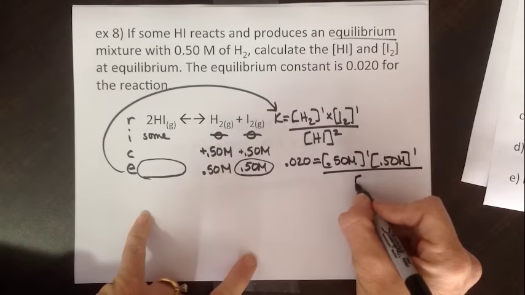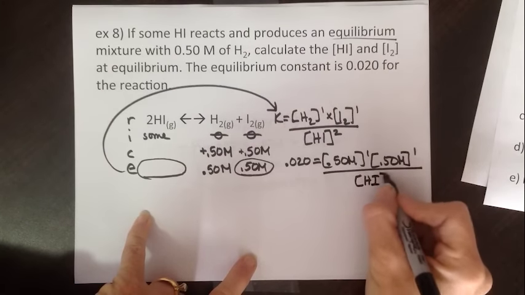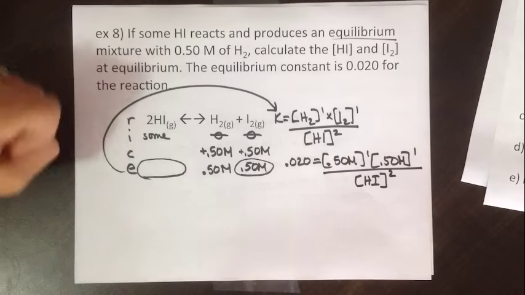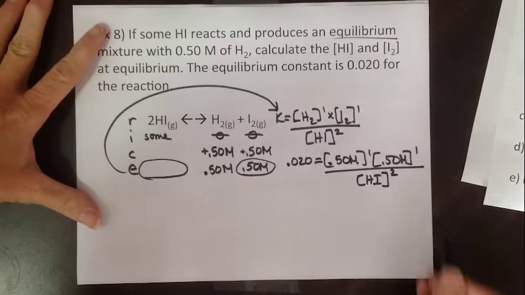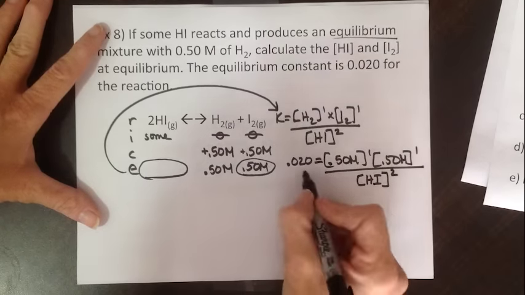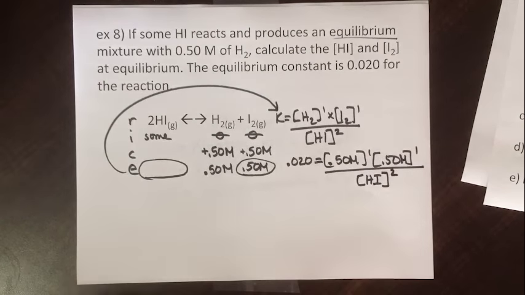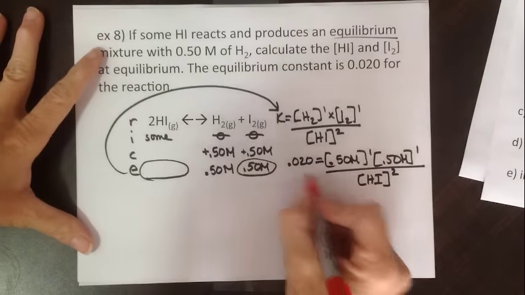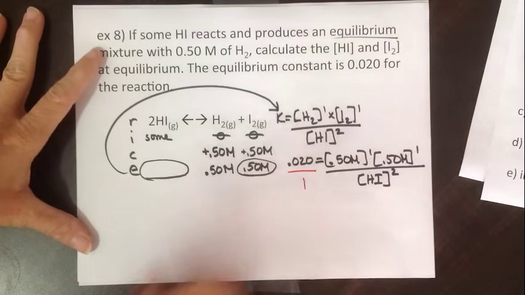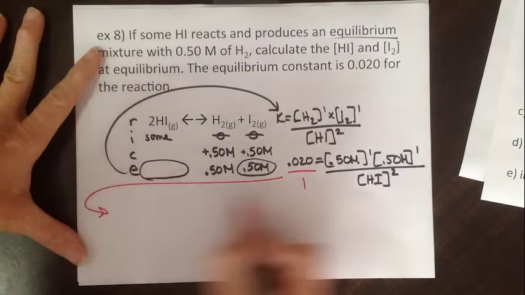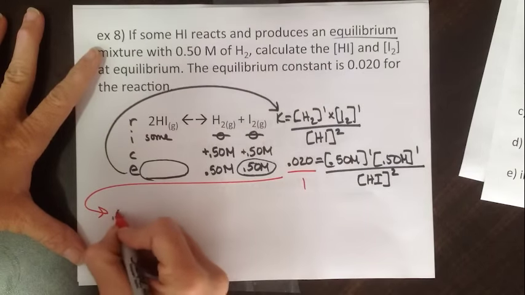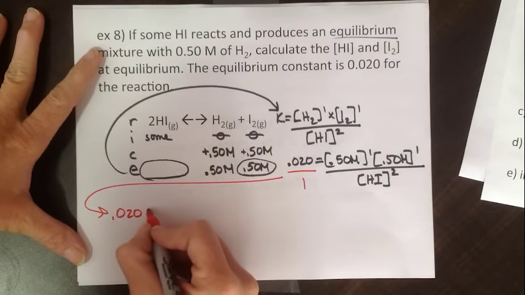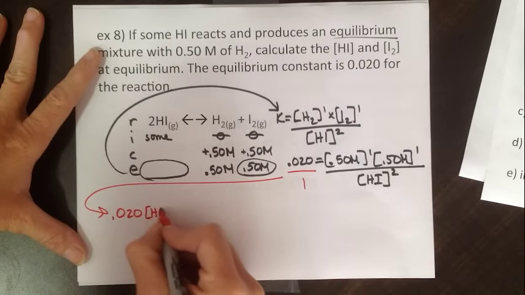I don't know what that is, so I'm just going to put it in there. I know it's squared because of that. So now I'm just going to play some algebra. Pull out my algebra color, red, because algebra causes stress for some people. I think I'm going to just do a cross multiply, and you can watch me do that over here. 0.02 times